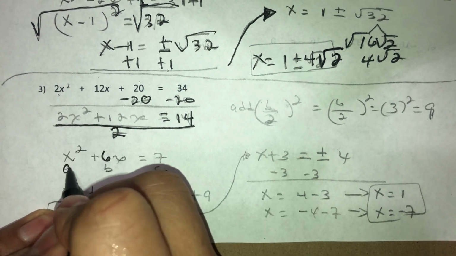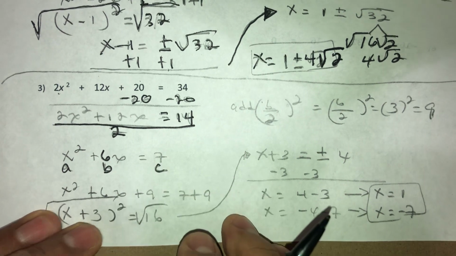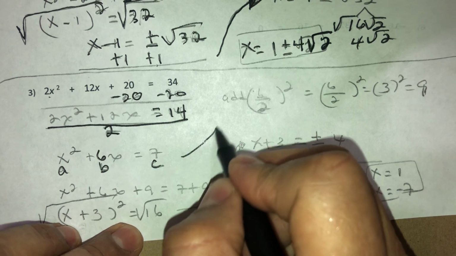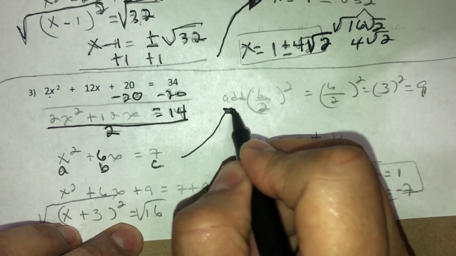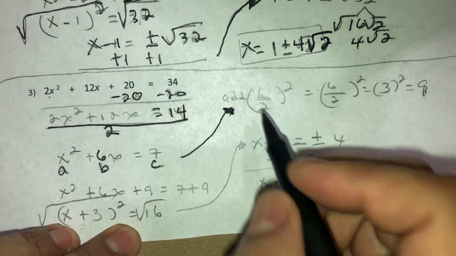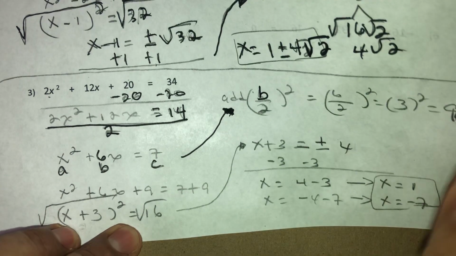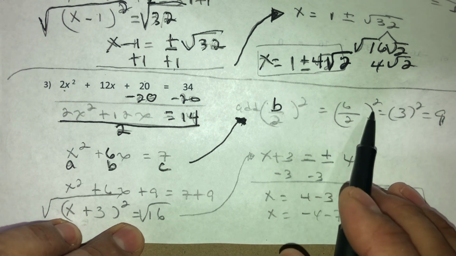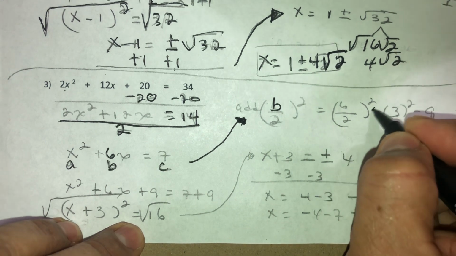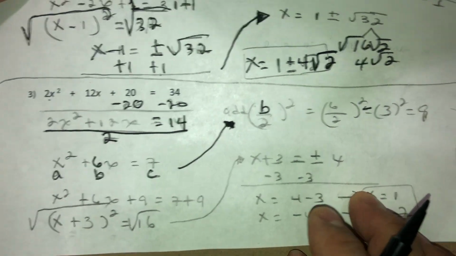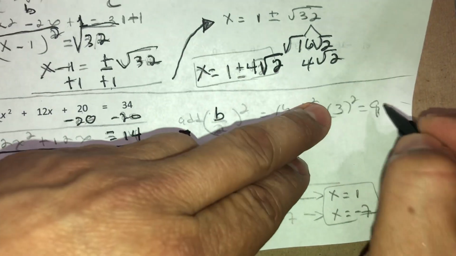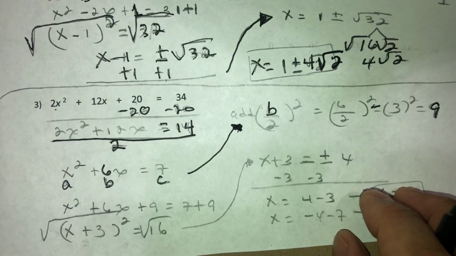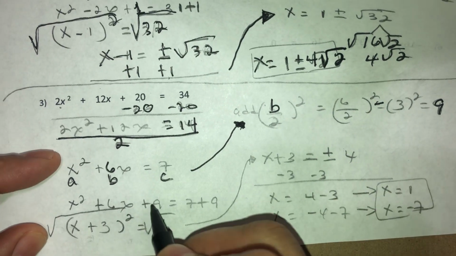So now that's my A, that's my B, that's my C. So I'm going to use the formula. I have to add (B divided by 2) squared on both sides of the equation. So B here is actually 6, okay guys? Now, that becomes 6 divided by 2 squared, which is 6 divided by 2 is 3, and 3 to the second power is 9. So 9 must be added to both sides of the equation, which is what I did here. Plus 9,